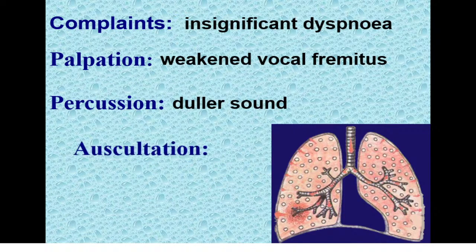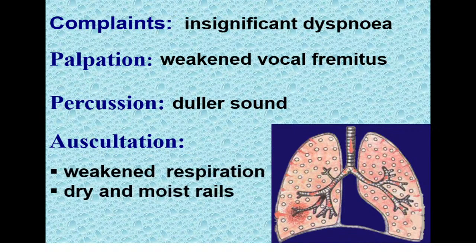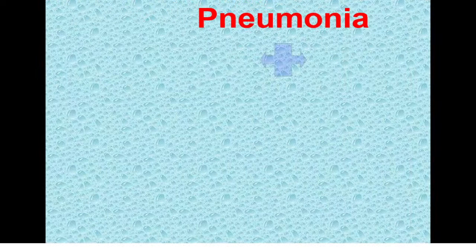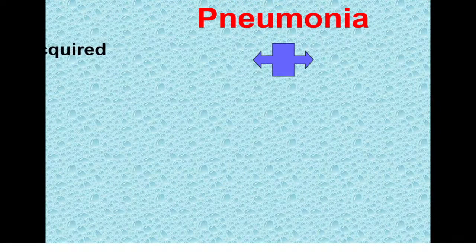On auscultation there will be weakened vesicular breathing because alveoli are present, but their functional activity is restricted by pathological foci, and depending on the disease there may be dry or moist rales. You see the clinical picture is softer, in contrast to lobar process. The main method of examination of this patient is